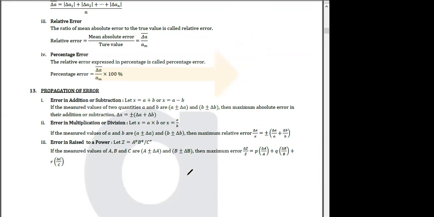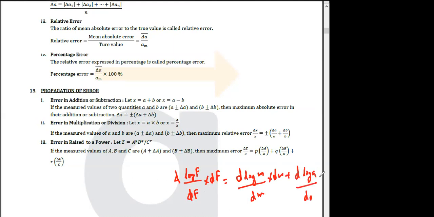In the same way, when you differentiate log f with respect to f, d log f by df into df is equal to d log m by dm into dm plus d log a by da into da. The formula was f is equal to ma. Now tell me, what is d log f by df? Everyone, it is 1 by f. Yes or no? And this is df